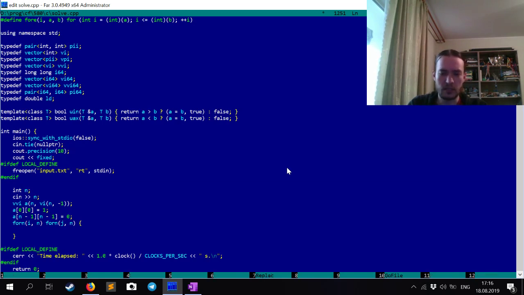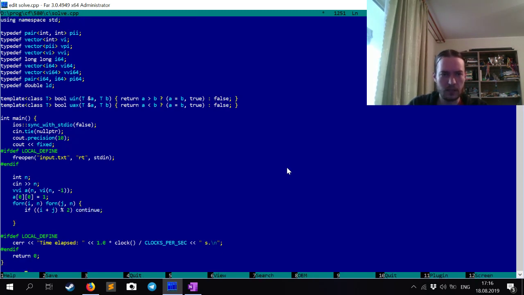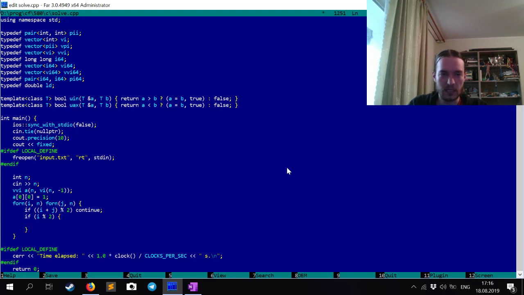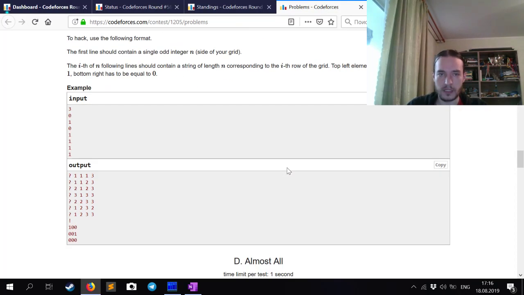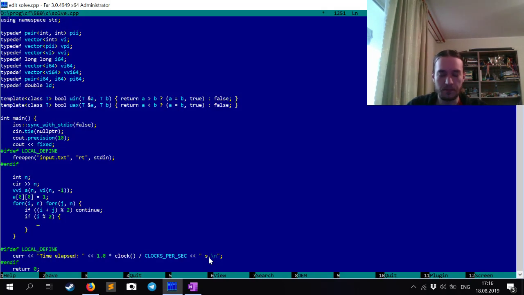Actually, we'll find it out. So this we don't know yet, but if this is an odd cell, like that happens here in between these rows, what we can do is,